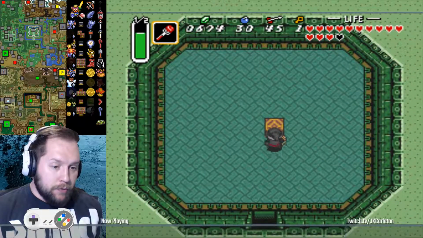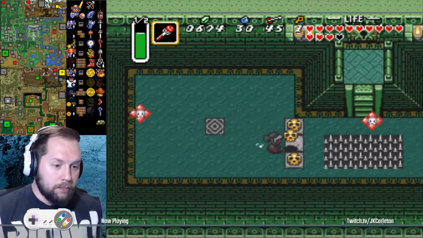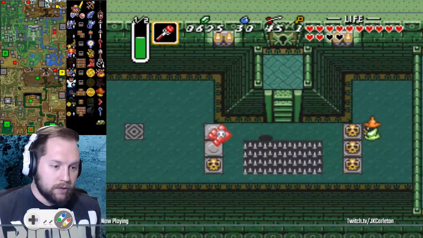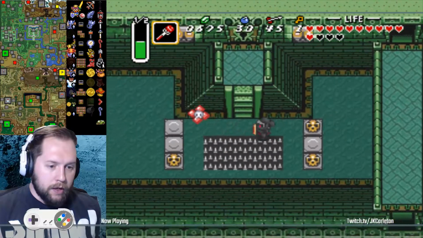Most people do that because if you get the big key in that chest, then it puts you directly into this path, which puts you right at the big key door, which is fine. I mean, it's all fine. Who cares, right? If you take my route, then you actually wind up...